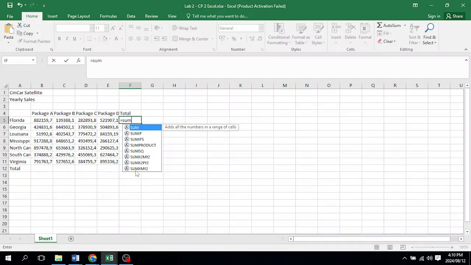We are not going to use the, how many are there? 2, 4, 6, 7, 8. So we're not using the 7 below. We're just using sum. And if you look at this little screen tip that it gives here, it says it adds all the numbers in a range of cells. Okay. So this is obviously the one we want. So we double click on that and we take our mouse and we drag across the cells that we want